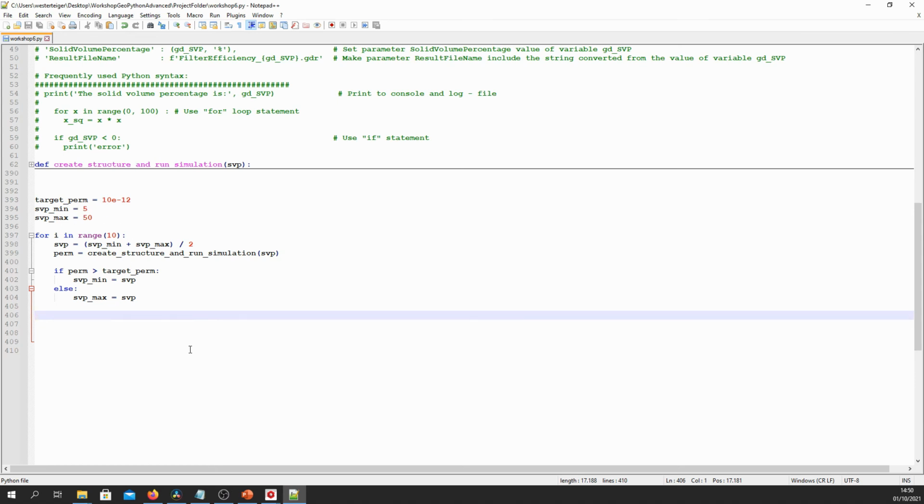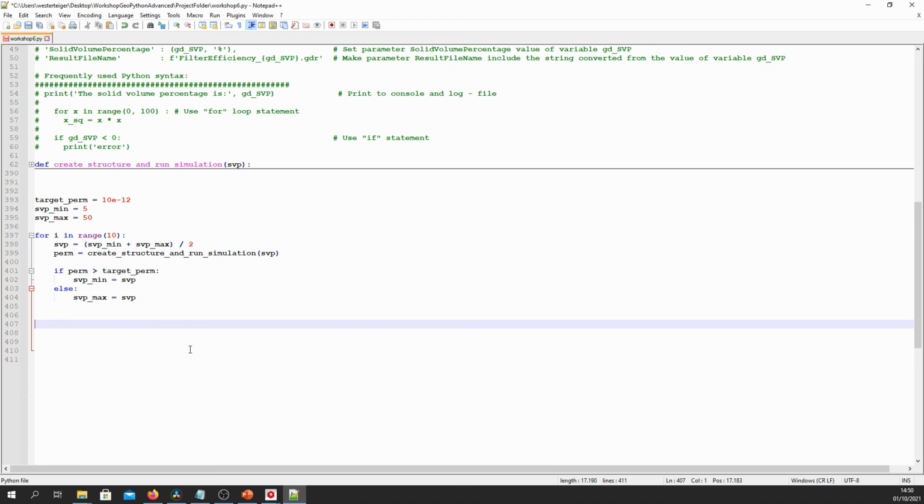And then we output the final SVP value again with a format string. So this is the SVP value that it has after the last iteration of the loop. And we can insert a new line here by writing \n and then permeability colon perm.